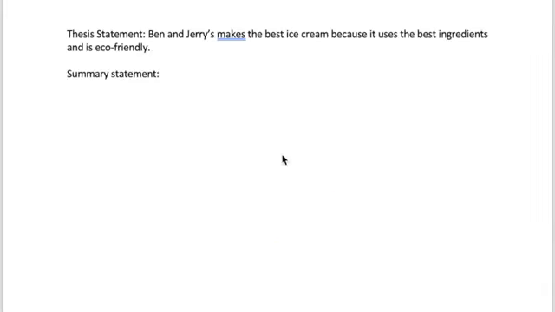Here is an example of thesis statements and summary statements. If you remember, my entire research paper is all about Ben & Jerry's making the best ice cream. So my thesis statement is, Ben & Jerry's makes the best ice cream because it uses the best ingredients and is eco-friendly. However, my summary statement needs to have some of those same ideas, but needs to be said in a different way. So my summary statement, or the first line of my conclusion, might be,